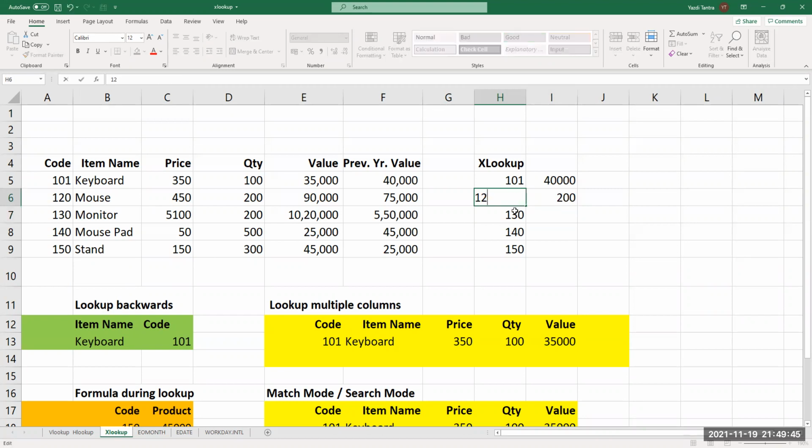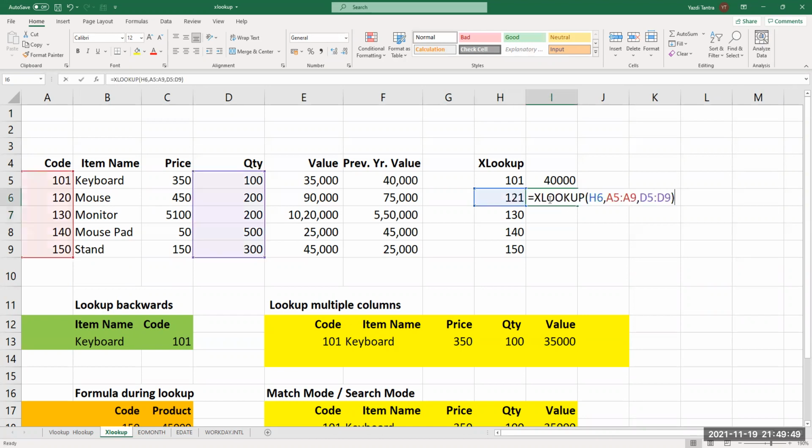Now, whether you write uppercase or lowercase, it doesn't make a difference. It will automatically convert it to uppercase. If you remember, in VLOOKUP also I typed false in lowercase, it automatically converted it into uppercase. So uppercase, lowercase will not matter.